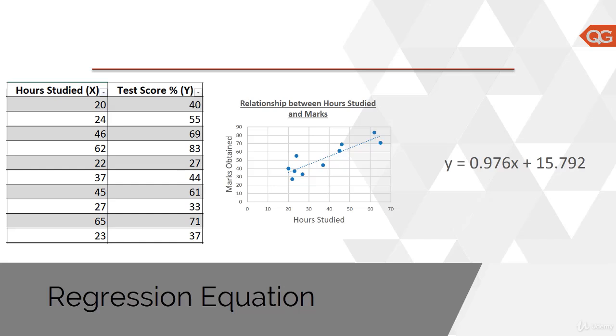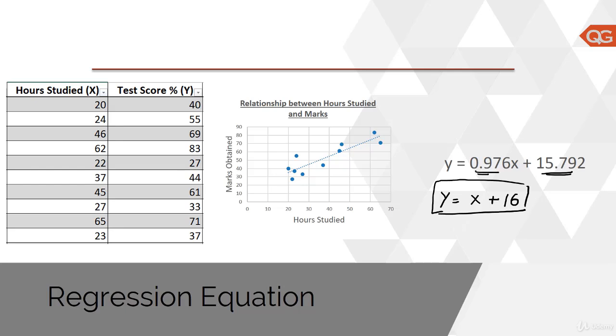Now, if I need to make this equation slightly more general to understand, I might want to put this as y is equal to, let's keep it 1, so x plus, and 15.79, let's keep it around 16. This is the equation which we can use to guess the number of marks a student will obtain based on